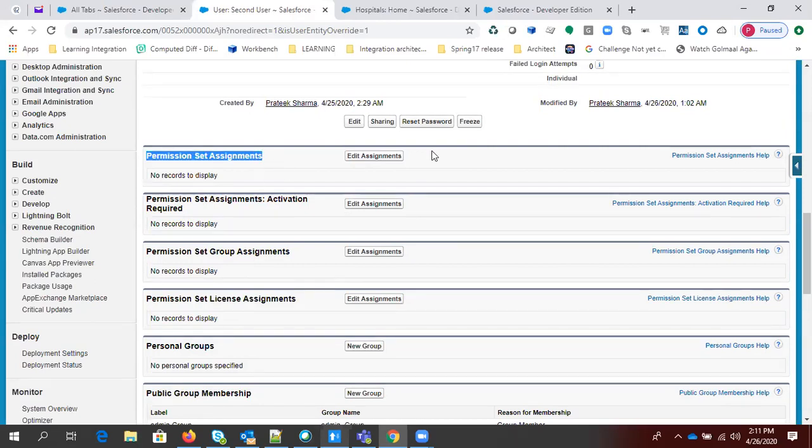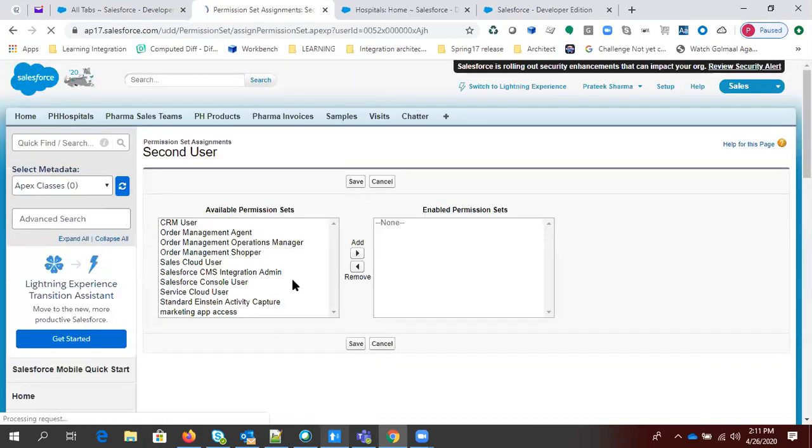So you can simply edit this assignment. And here we have created a permission set called marketing app access. You can simply drop it here.